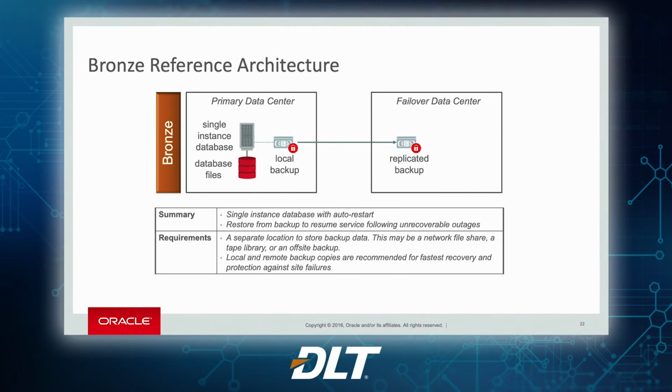And then, just for an example, bronze architecture: very simple, single instance database, very low cost to run. Few CPUs, you do a local backup, it's being backed up to object storage, that's being replicated to another data center. If you have any problem with your primary database, you can simply spin up a copy at your failover data center, or spin up a copy at your primary database.